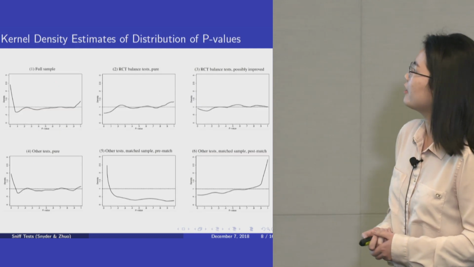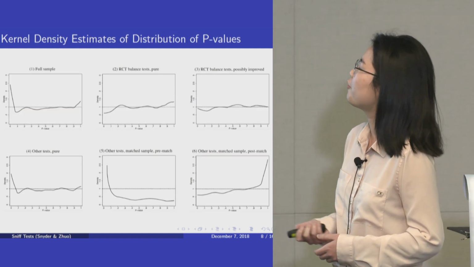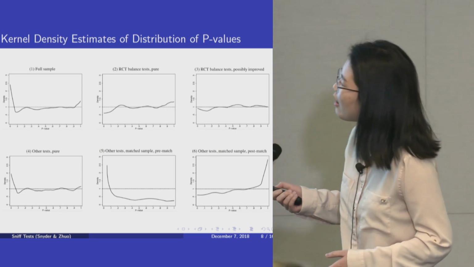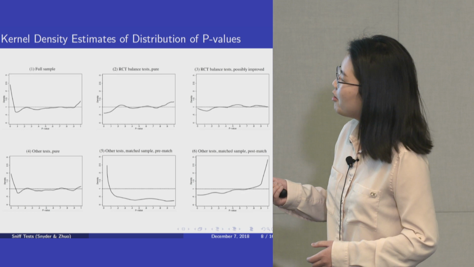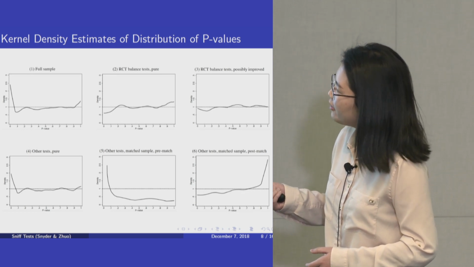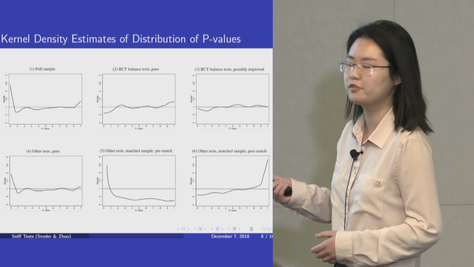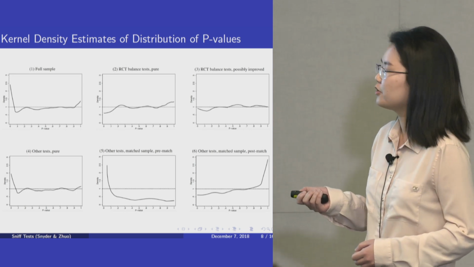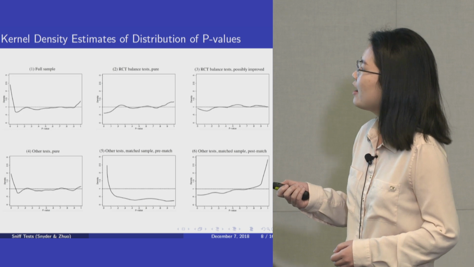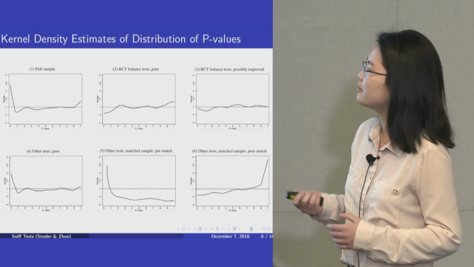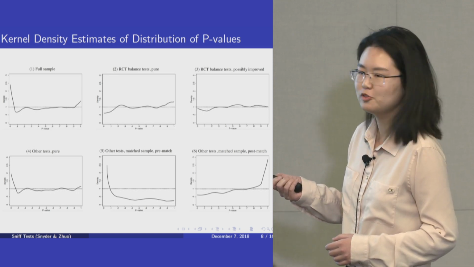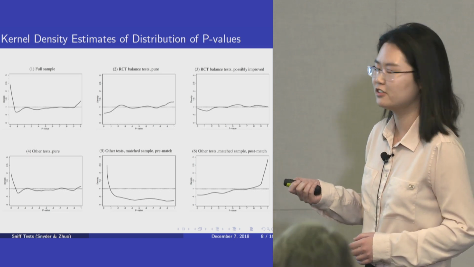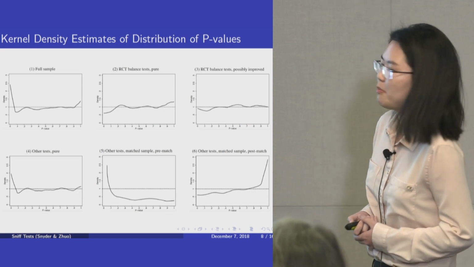So here are our kernel density estimates for the distribution of different subsamples. Here is the full sample, and just by staring at this, one might conclude that it's very different from the uniform distribution, and there's a huge mass between 0 and 10%. A very simple and naive conclusion would be that there's no publication bias at all, and quite the opposite. There's a huge mass suggesting a lot of significant Sniff tests. But